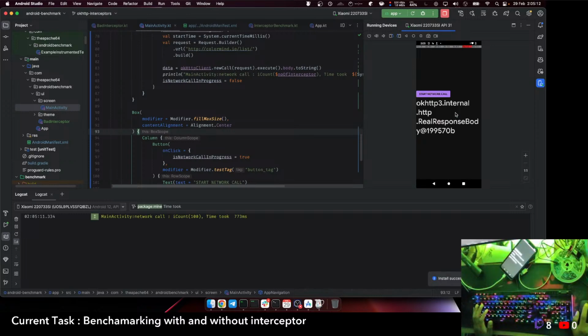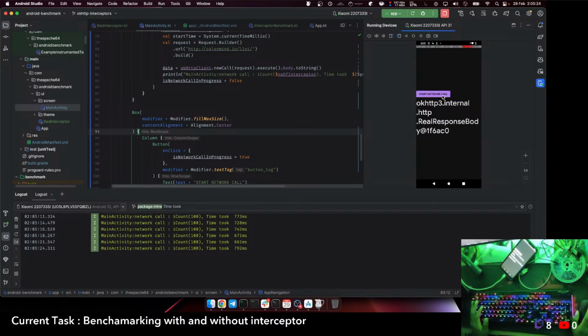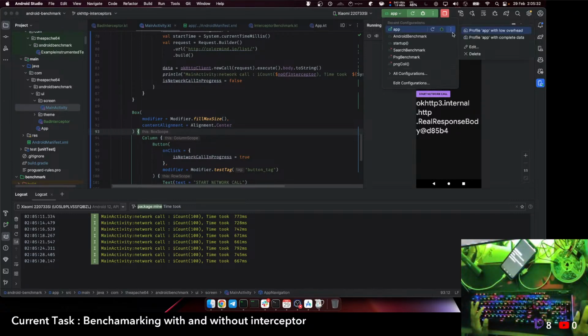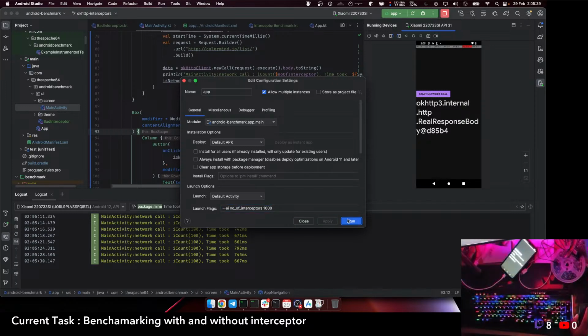Start. It was called 773, 728, 742, 671. I think some caching is involved, but with the server, I don't know. 745. Now let's increase the number to something like 1000. You see, the advantage with macro benchmark is that you don't have to calculate the average